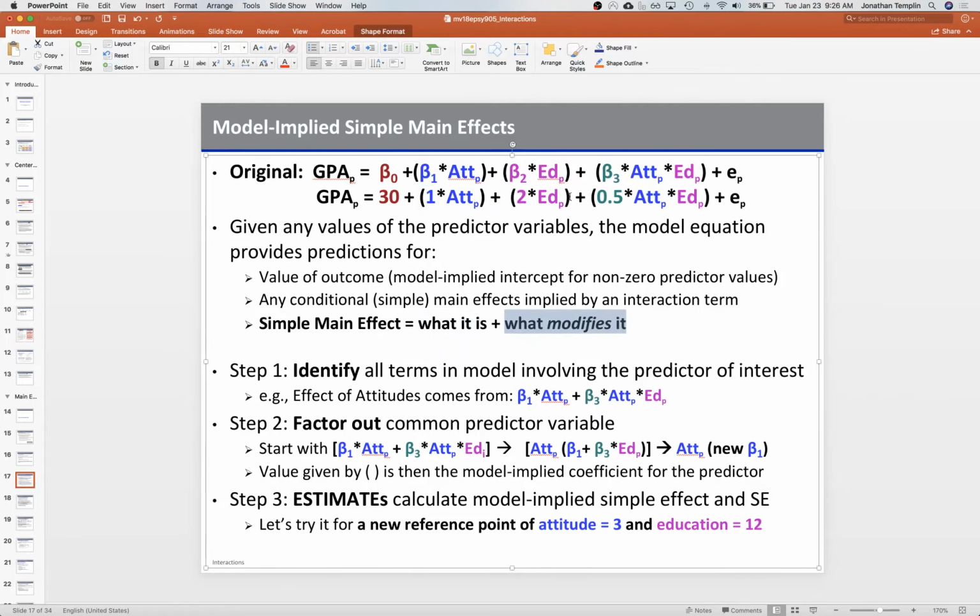So we take a look at this model equation, we see where the main effect lies, and we see anywhere else where attitude shows up in the model itself. So attitude's right here, and attitude is right over here. So that's step 1, identify all the terms in that. So this part right here are all the terms that talk about what the effect of attitude happens to be on GPA. And we do a little bit of algebra, and we factor out all the common predictor